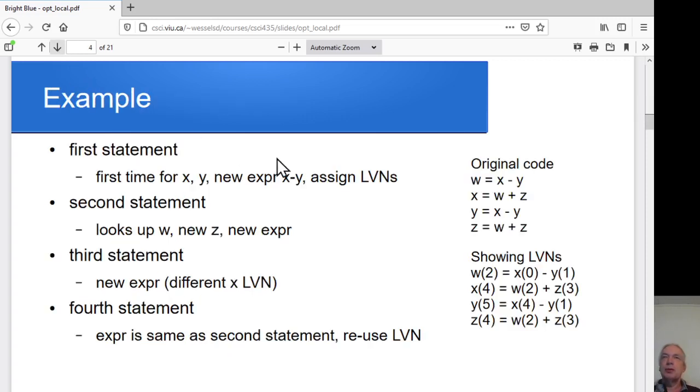So let's play with a bit of an example here so this makes more sense. We'll take a little chunk of code, and I'm going to have a chunk of code where we reuse a couple of values, but for one of them, the data is going to change. So we'll say w is assigned x minus y, x is assigned w plus z, y is assigned x minus y. So now y is changing, and z is assigned w plus z. So w and z don't change after that initial statement here. So we can go ahead and quite happily reuse the values we've got for